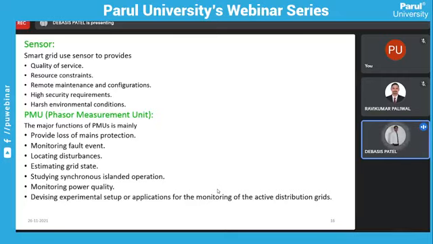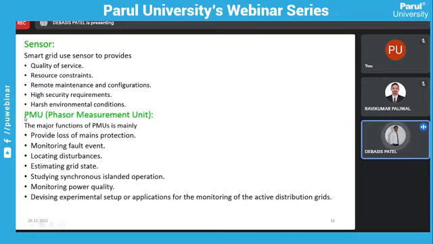So whenever something is burned in your electrical transmission line, what will happen? We have to transfer that load to another feeder. Let me give one example: one feeder is burned. Some loads are connected to that feeder. So what do we have to do? We have to reconfigure the network to transfer that load to some other feeders. So this reconfiguration can also happen automatically with the help of sensors and automatic PMU devices. That is how sensors help.